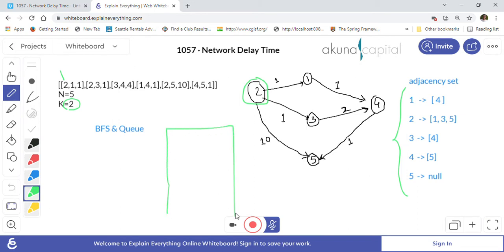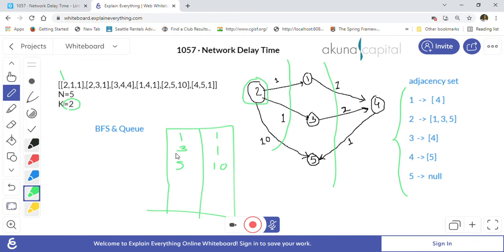So for our BFS, whenever it visits a node, it will record it in the map. When it is visiting node 1, the distance it took is 1, right? When it is visiting node 3, the distance it took is again 1, as you can see here. When it is visiting 5, the distance is 10, so 5's distance is 10. This is the way we keep going level by level, because BFS goes level by level. For example, this one is one level where we have visited 1, 3, and 5, right?